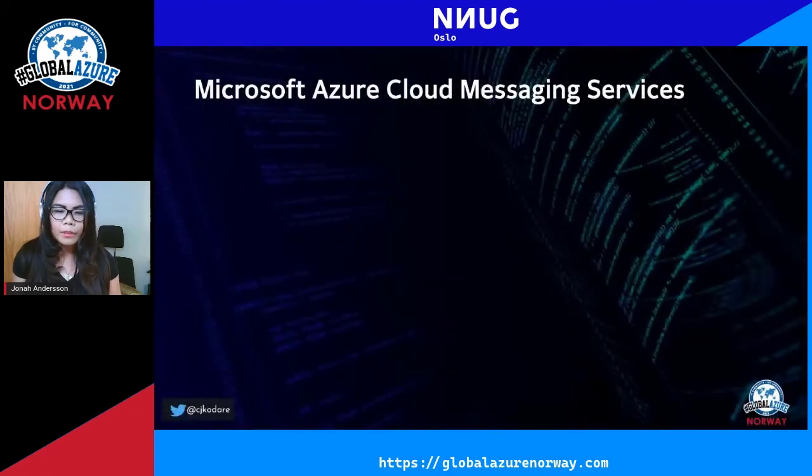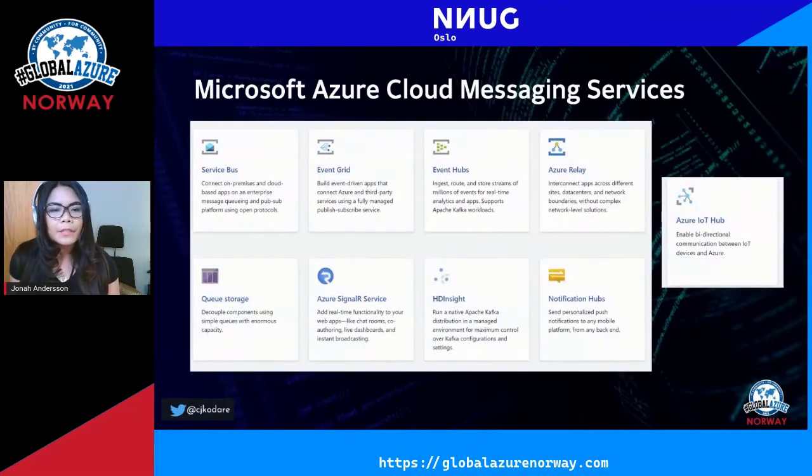Microsoft Azure has many great services, and there is also a group of cloud messaging services available to us.